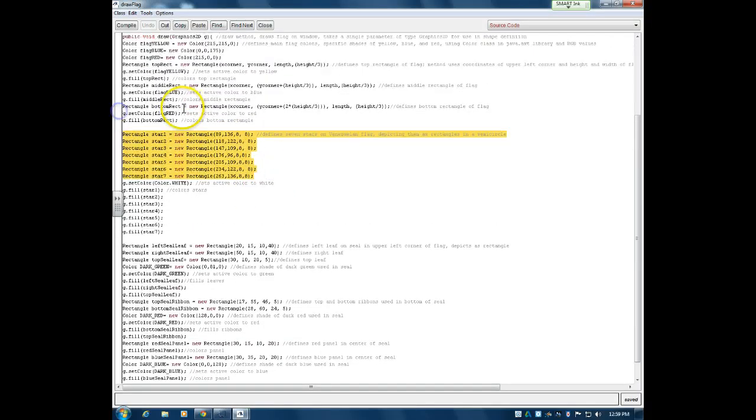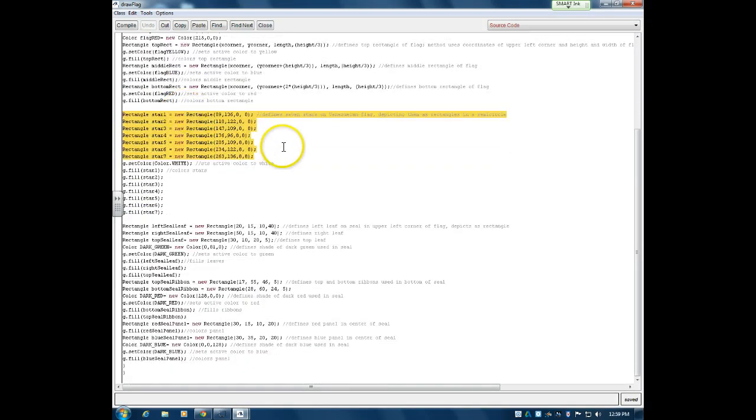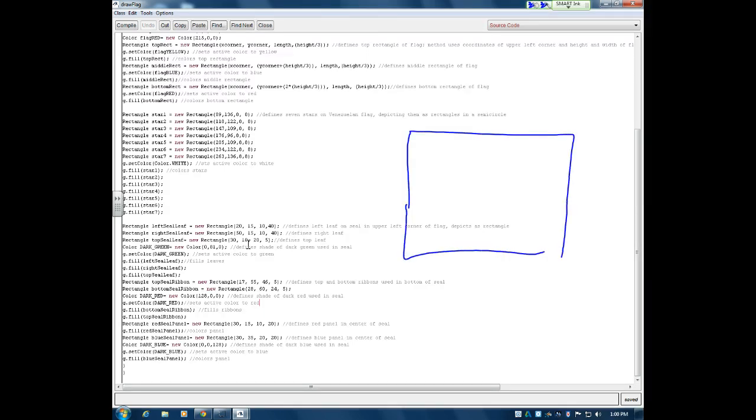And so these are the stars. Because Graphics2D doesn't actually have a star class within it, I define them as rectangles, for the sake of convenience. Okay, show me on the drawing what you're talking about. Show me the idea behind it visually. Okay. So, assuming that is your flag, scaled up. Because Graphics2D doesn't contain little star objects that you can draw,